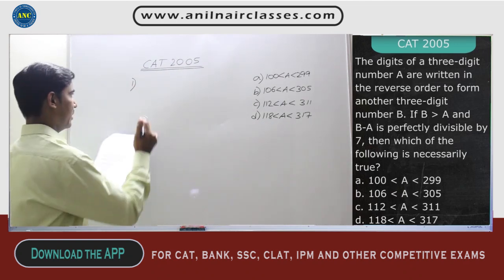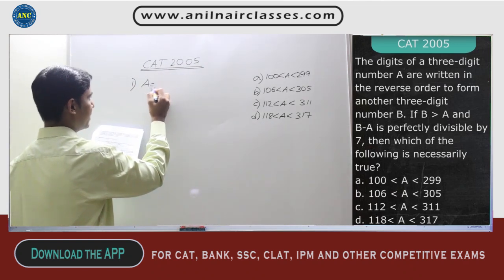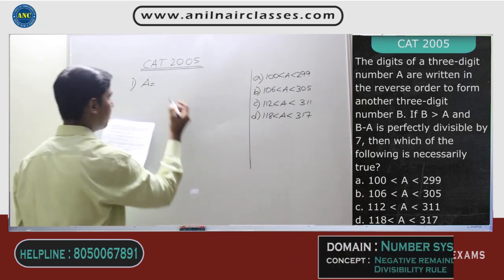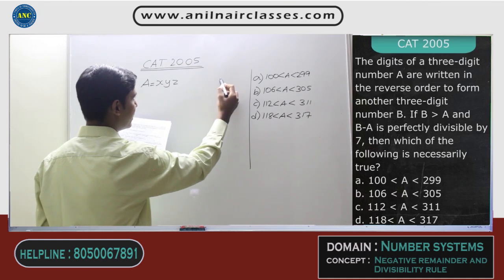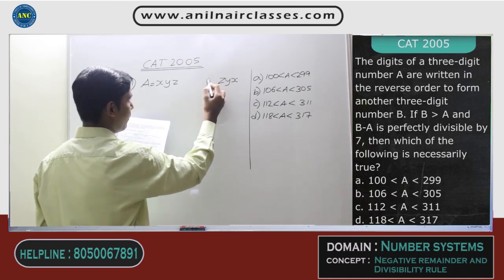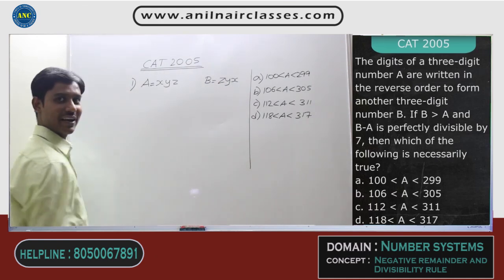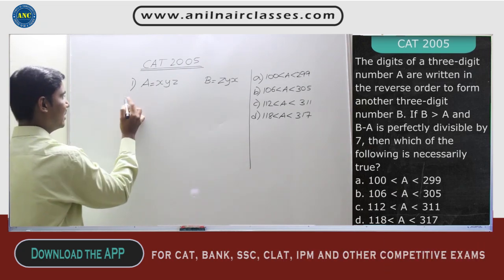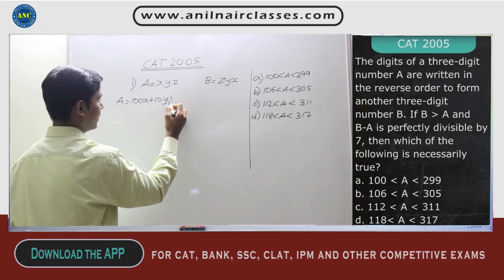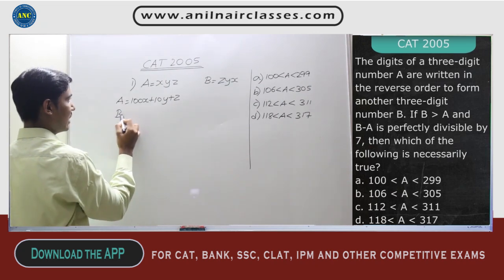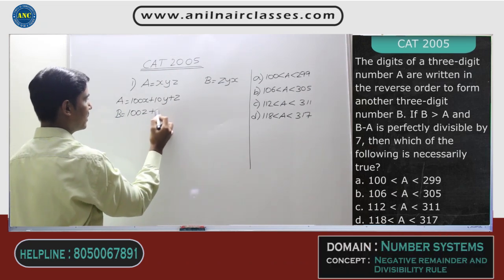Now see, they are telling A is a 3-digit number. The 3-digit number I will call XYZ. If I reverse the digits of this 3-digit number, I will get another 3-digit number that is called B. Can I write this A as 100x plus 10y plus z? Similarly, B I can write as 100z plus 10y